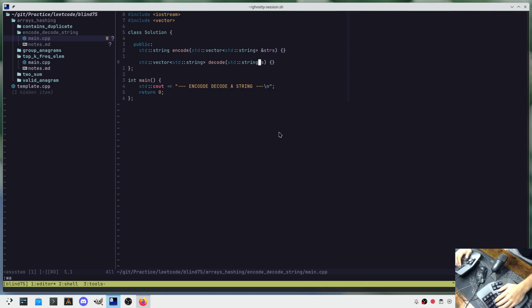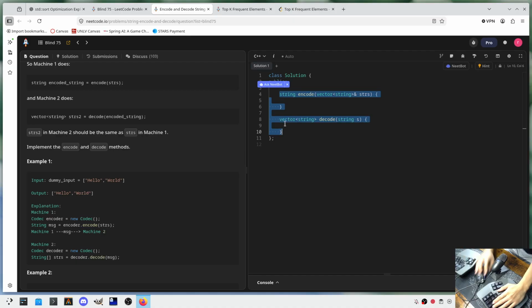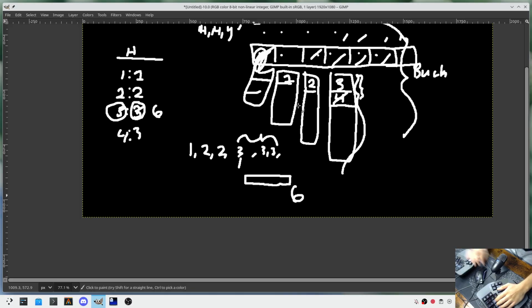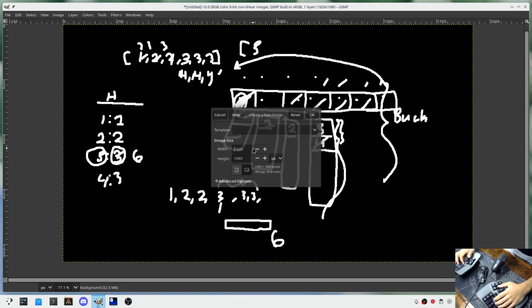Alright, okay, I guess if it contains all the possible ASCII characters in a string, that could be a problem, because